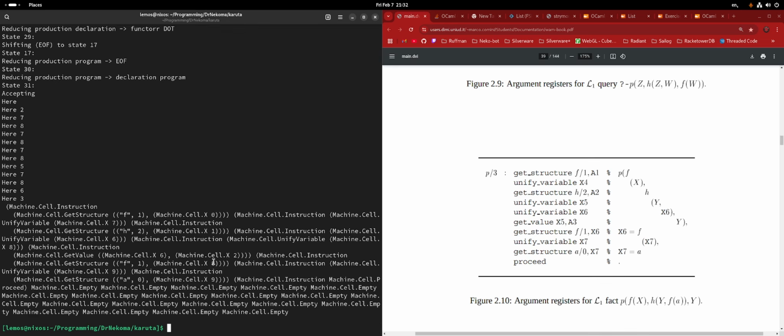Then we have a unified variable x9, which is supposed to be x7, I guess. Then another get structure x9, which is the same as the one before, and then proceed.